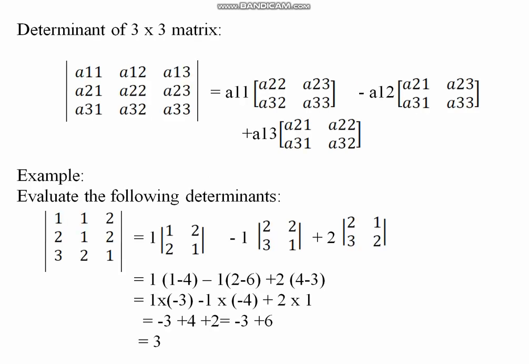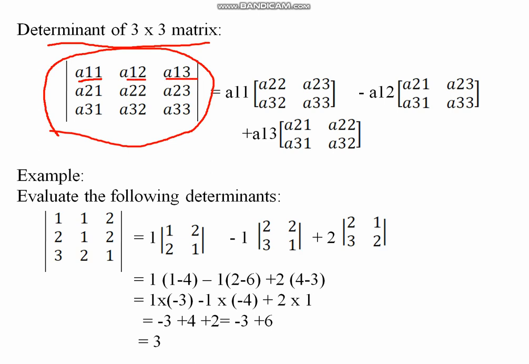Similarly, now see how to find the determinant of a 3 cross 3 matrix. So this is a 3 cross 3 matrix. See here, in this matrix there are 3 rows and 3 columns. According to position, the general entry first is A11. A11 means the entry which belongs to the first row first column. A12, first row second column. A13, first row third column. Okay, these are the specific symbols to find the position of an element in a matrix.